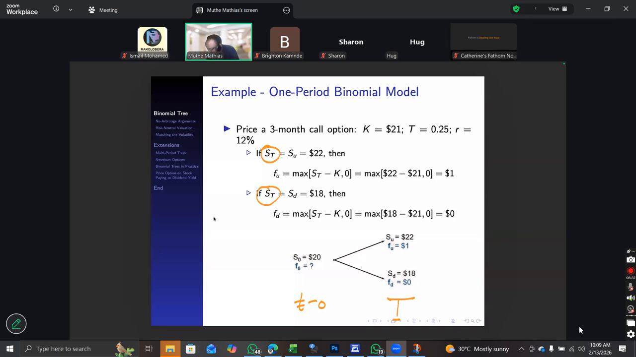Now what we are going to have here, again, I'm going to use another notation. The first one was actually S, which is the stock prices. So stock price today, or maybe stock prices, let's say,